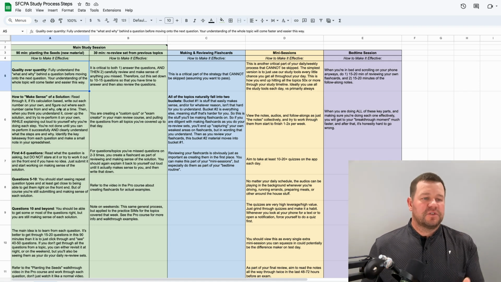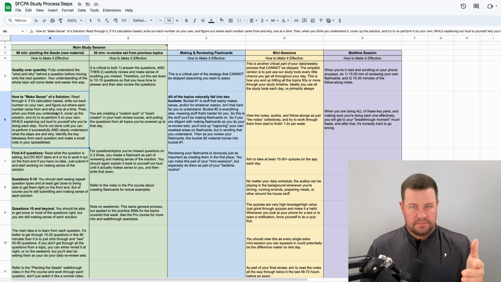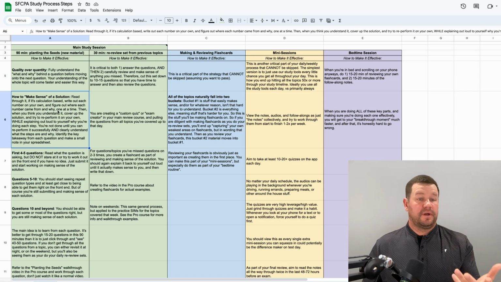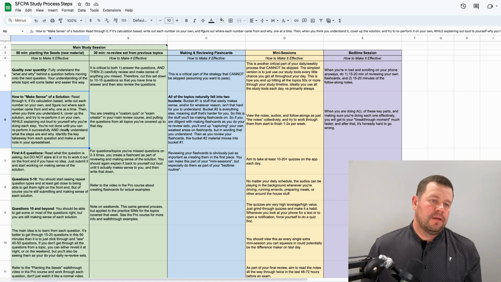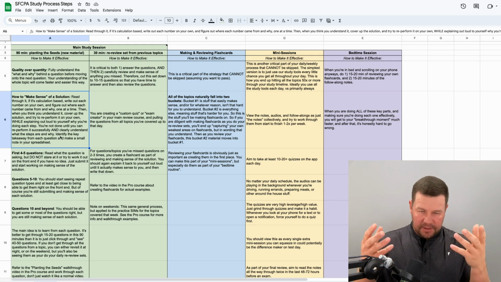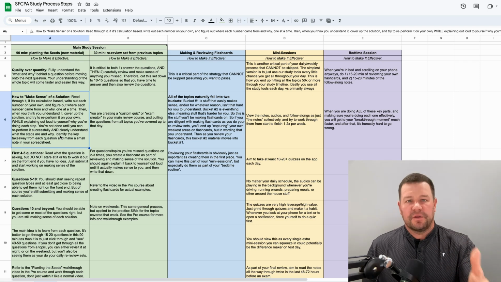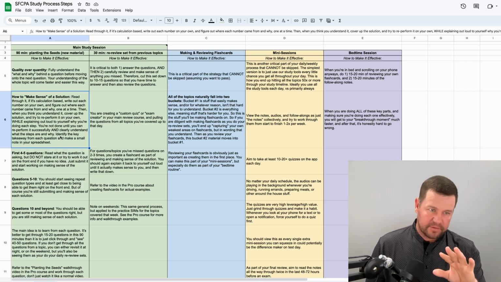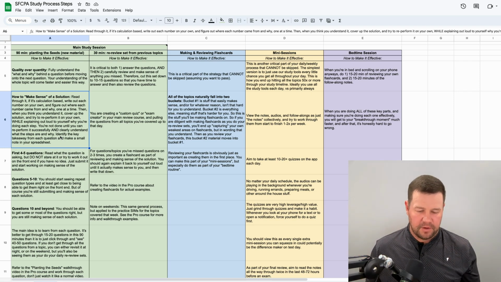Okay, so how to make sense of a solution. This applies whether you're doing the planting the seeds or the 30-minute re-review. So the most basic thing, let's say you've submitted a question, now you're looking at the solution. You start reading through it. However, if it's calculation based, this is where most people go wrong.